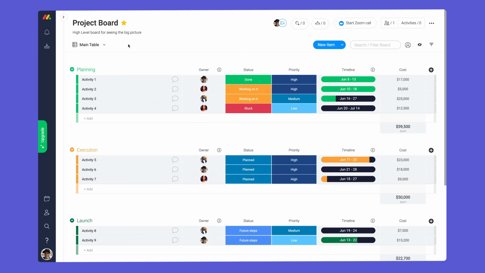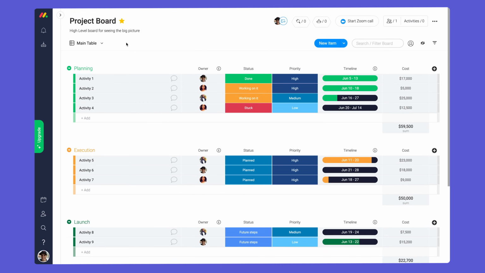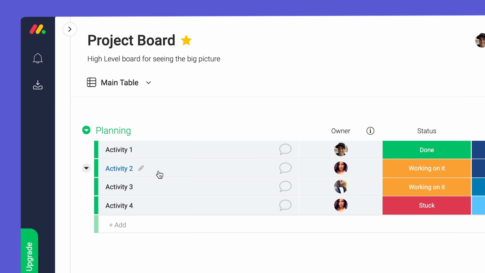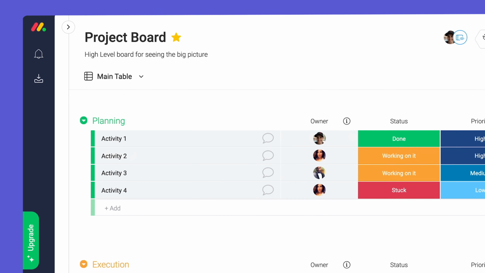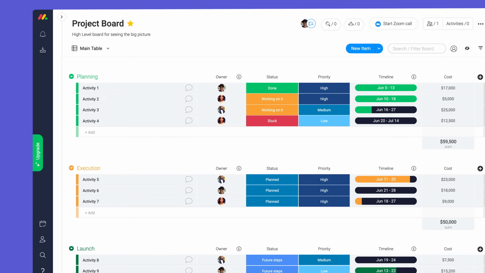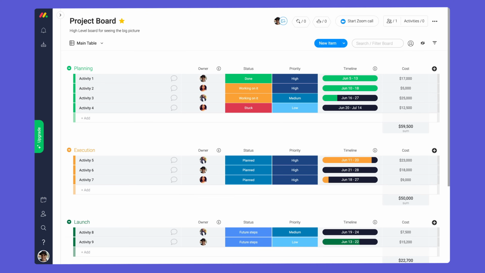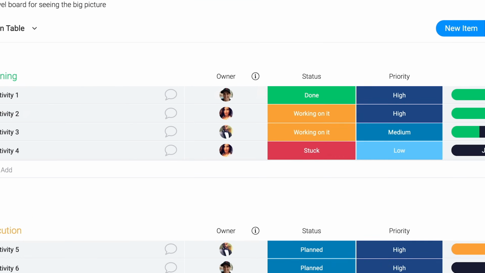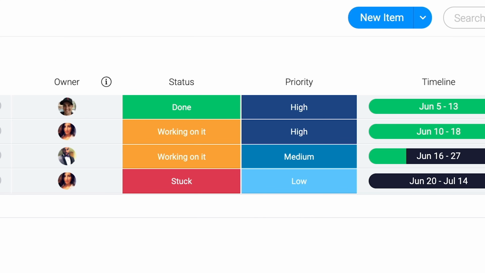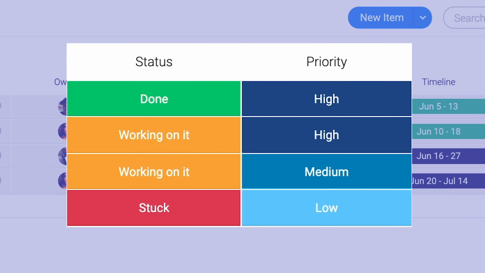Let's start with our high-level project board. Here, we're using our groups as stages and items as activities. In this case, activities are larger tasks that can be broken down into smaller tasks on our low-level board. More on this later. From there, we've added a people column for assigning activities, status columns for progress and priority,